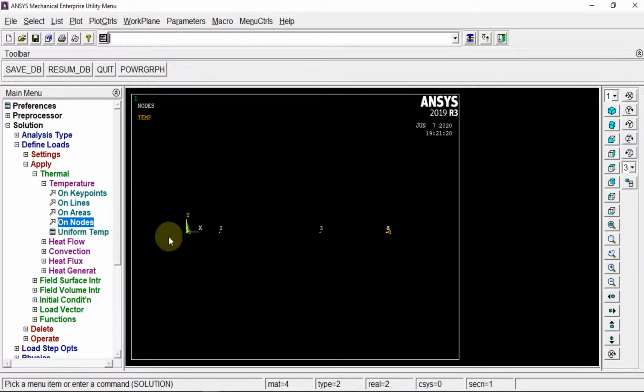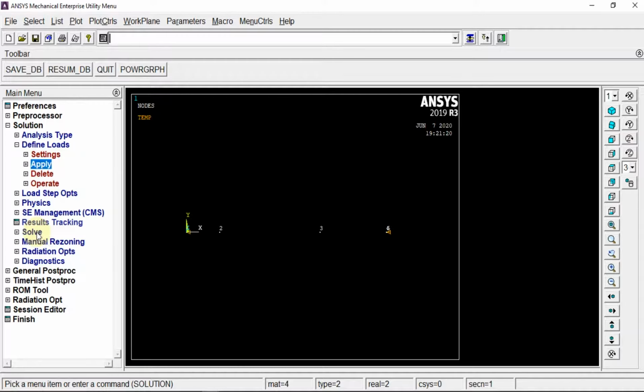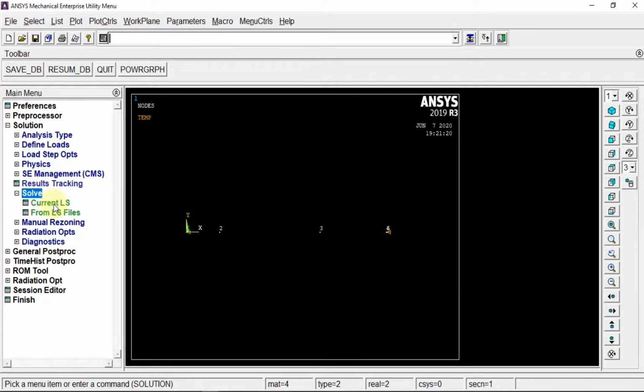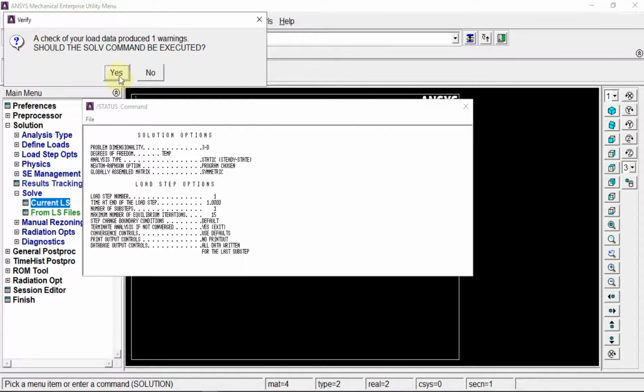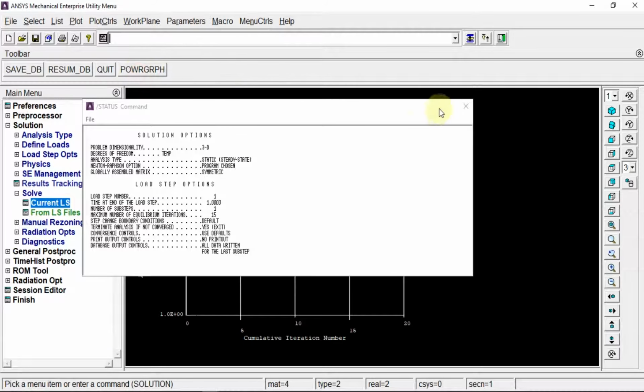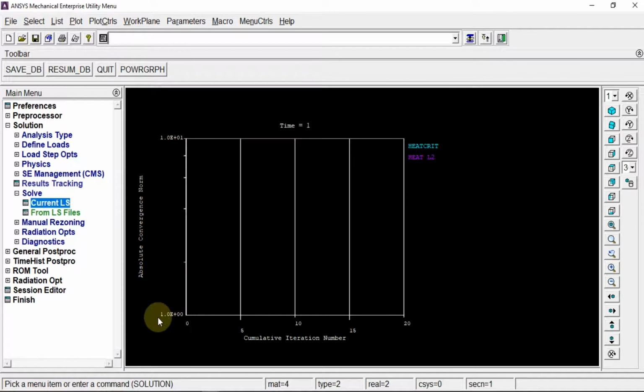Okay. So we have defined all the constraints and temperature, and now I'm going for solution. Where is it? Solution, solve current LS, and the solution is done. So now what we are going to do is we are going to get the nodal solution of nodal temperatures actually.